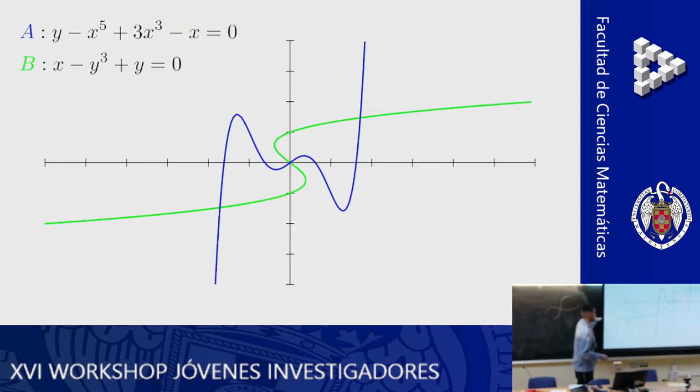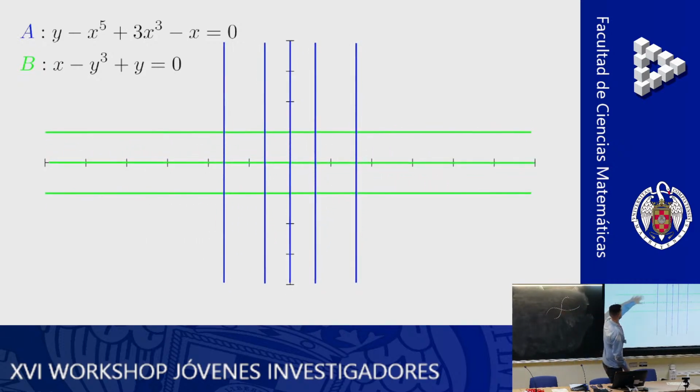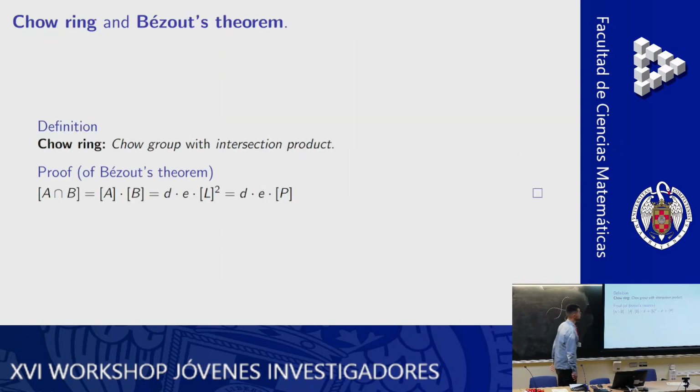So now we have a proof of the Bézout theorem, because if you take two curves of degree 5 and 3, you can deform them because we are working really with the equivalence classes, not with the curves themselves. And because we have a curve of degree 5 and 3, we can change them by 5 lines and 3 lines, and that explains why the number of points of intersection is going to be 15. So now we have a proof of the Bézout theorem, a sketch of the proof.